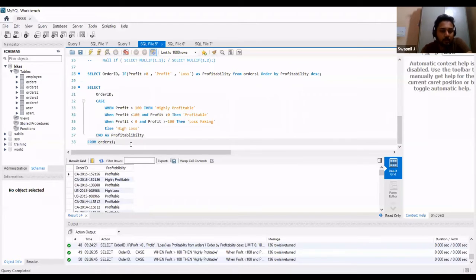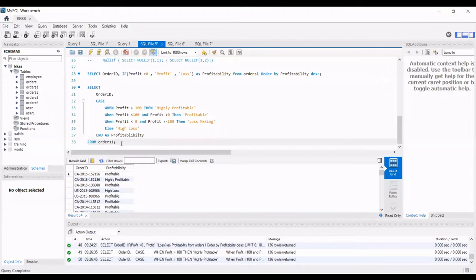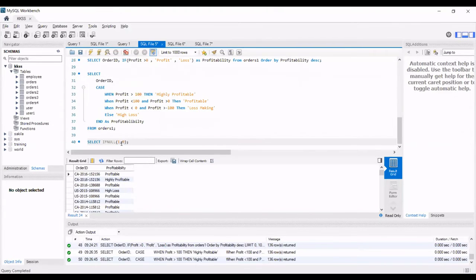So we have 4 control functions in MySQL. One is if, one is case. The other 2 are these: ifnull and nullif. So any idea what they would do, or any guesses? If I'm not wrong, the ifnull function would just look for the rows where it is null, and